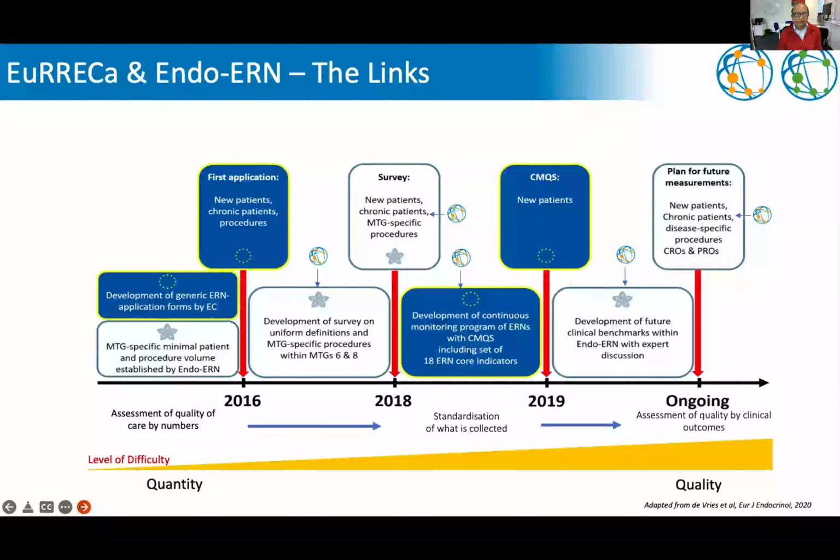Now, if you go back to how Endo-ERN and Eureka, the registries, link up, this is a complex slide, but it actually takes you just through that process. So we started somewhere around 2016, 2017 on this journey, and we've now, of course, moved on. But you can see on this particular one that the white boxes over here are the kinds of things which Endo-ERN was doing for what it was being told in blue as far as what should be done. So we need to be thinking about some sort of minimum information which can identify volume of activity. There needs to be something which is specific for the conditions, and then we need to be performing surveys, and then lastly, we should be thinking about clinical benchmarks. And this requires expert discussion,